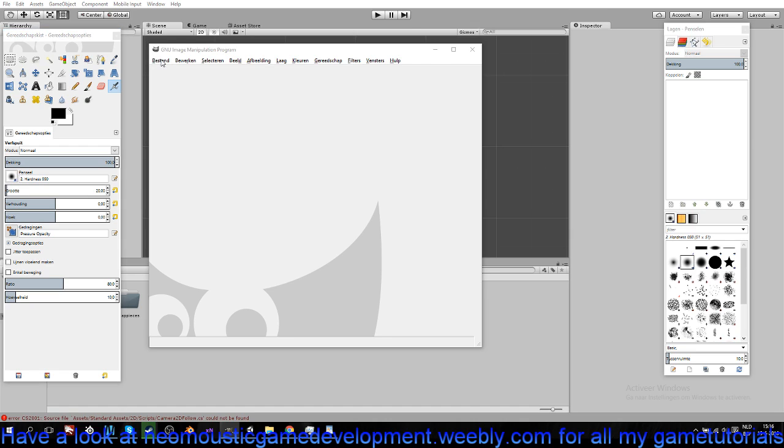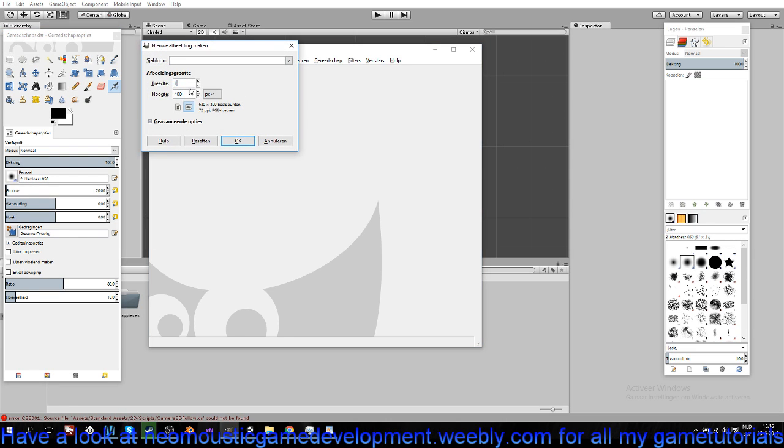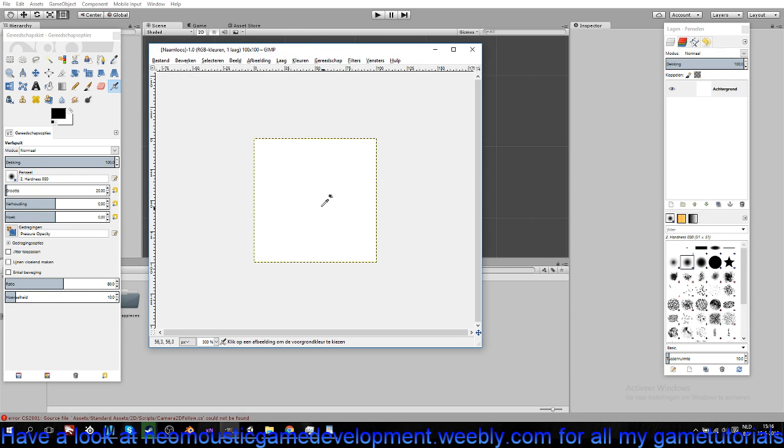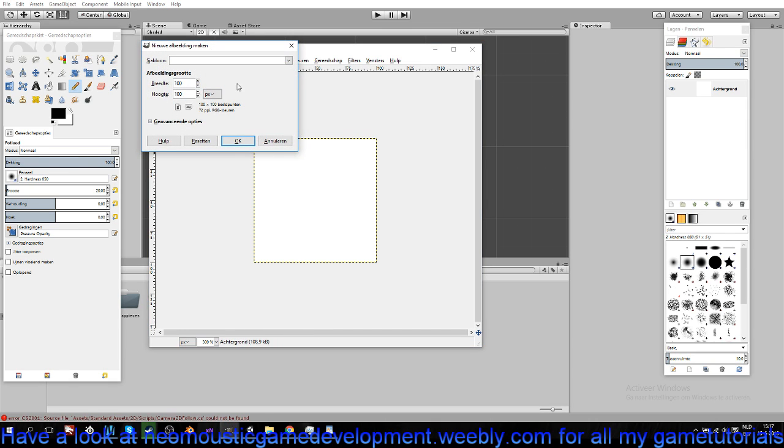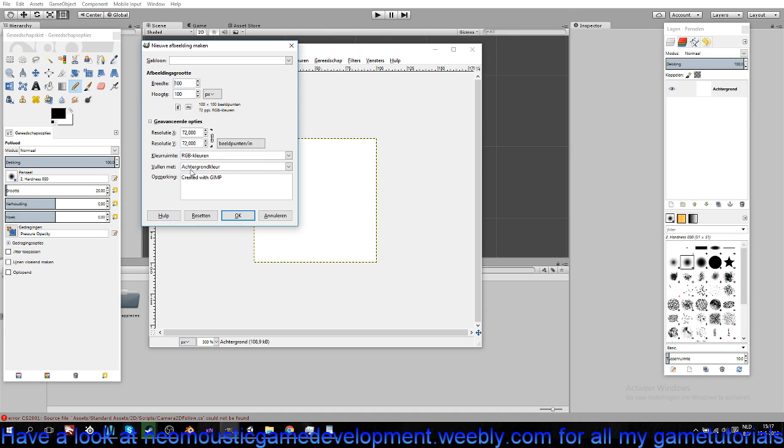So where it says file, load in a new file, put it at 100 by 100, depending on what kind of style you want to have for your game. I'm going to go for 100 by 100 to get it a little bit pixelated. And this is going to be our canvas for our game. Now, there's a little thing. If you make a new one, you put it at 100 by 100. If you go to advanced settings, for some things, like when you make a little box or something, it has nothing around it, you should use